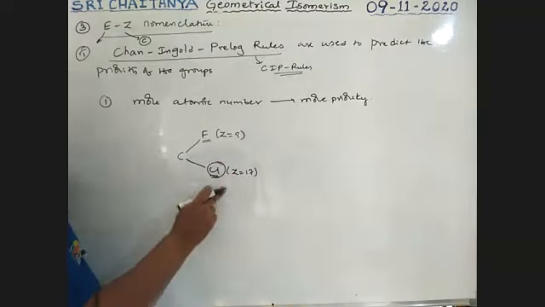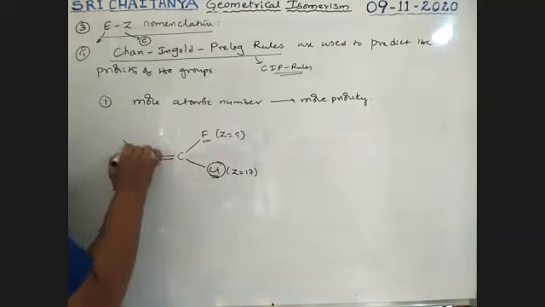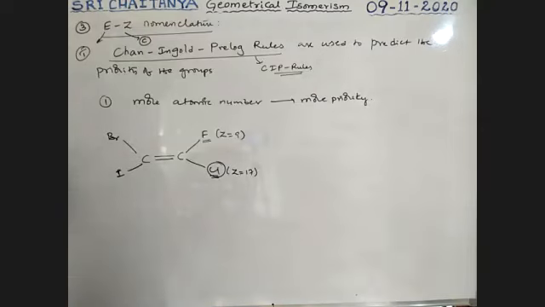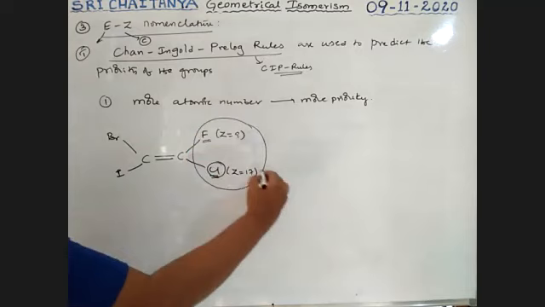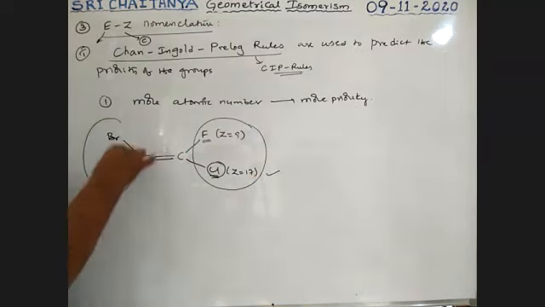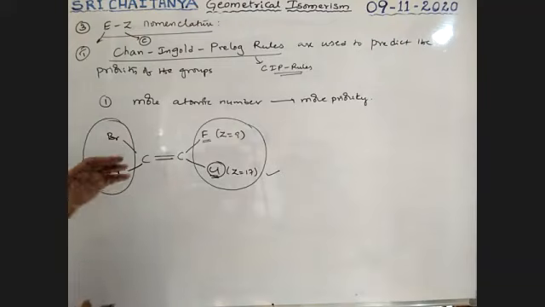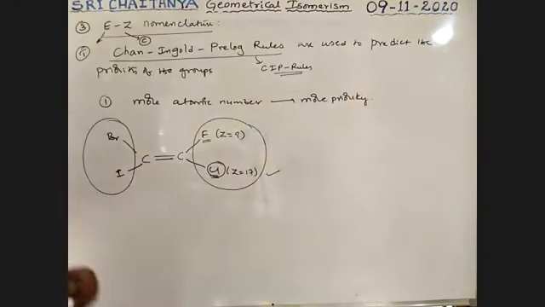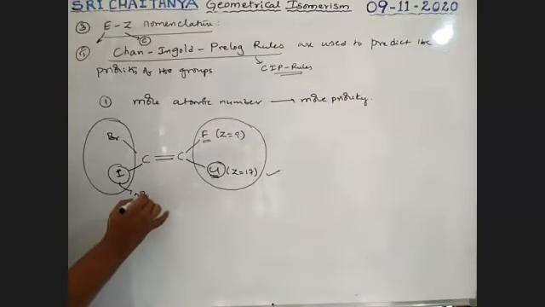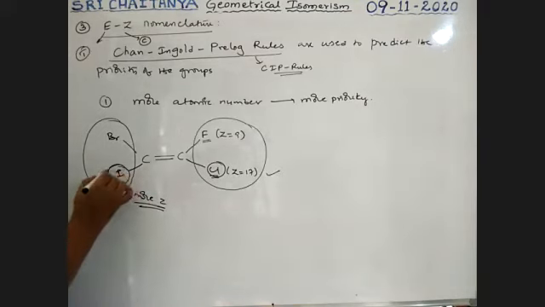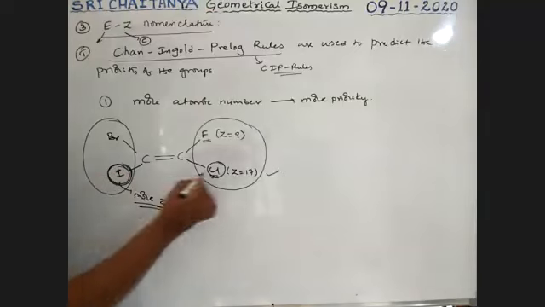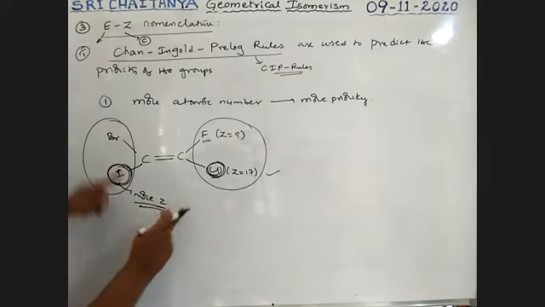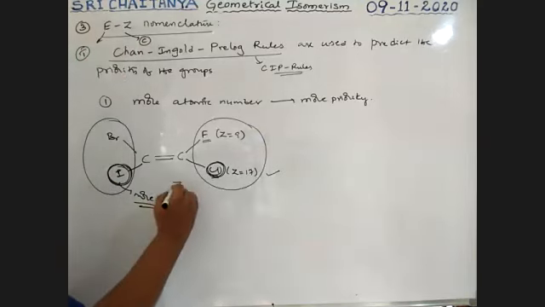More atomic number, chlorine. Now on the other carbon, it is bromine and it is iodine, boys. Among these two, which one is more prior? In our periodic table, from top to bottom atomic number increases. Therefore, iodine has more atomic number, so it has more priority, boys. That means it is more prior. Are the more prior groups on the same side or opposite side? No doubt these two are on the same side. Same side means it is cis.